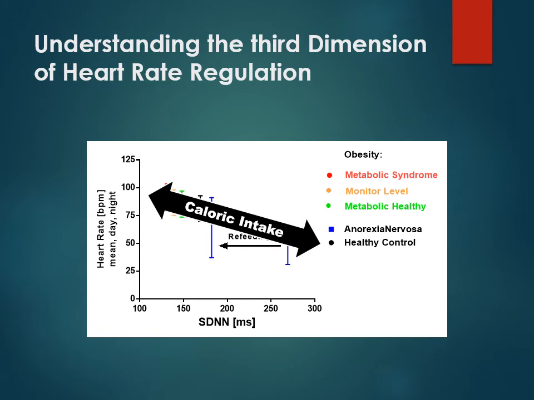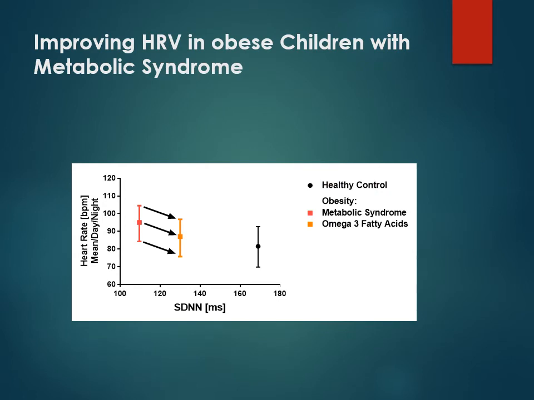The slide clearly shows with measured data the impact of caloric intake on heart rate and heart rate variability in children that depends on nutrition. These data clearly show the impact of omega-3 fatty acid supplementations in obese children with metabolic syndrome. There's a highly significant decrease in heart rate and increase of heart rate variability using omega-3 fatty acid supplementation in